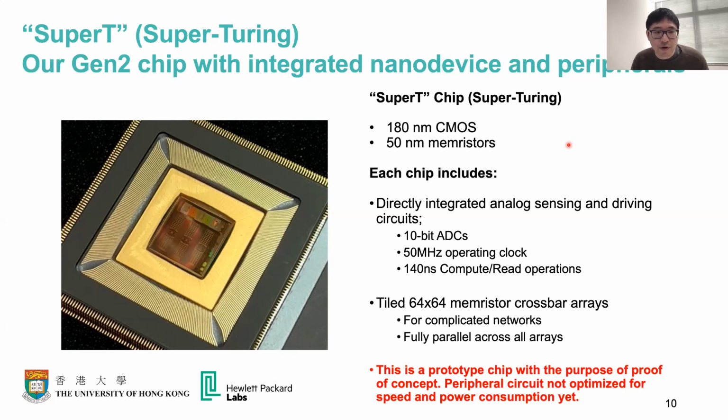Here is our Gen 2 chip with integrated CMOS peripherals, including the ADC and the sample and hold circuit, the transimpedance amplifier, and a lot of the signal routing directly on the chip. We use TSMC's 180 nanometer process node, and the lateral sides of the memristors are 15 nanometer by 15 nanometer. On each chip we include different peripheral circuits and driving circuits, including the 10 bit ADC, and this entire chip works at under 15 megahertz,